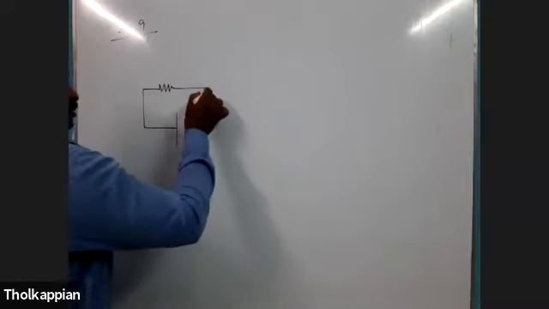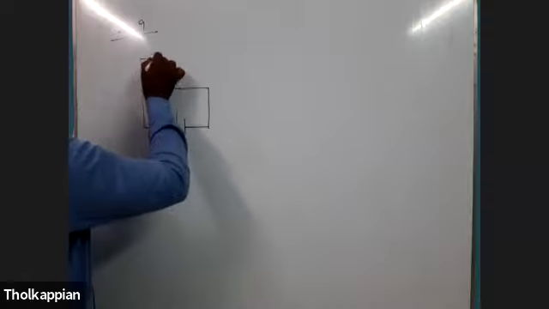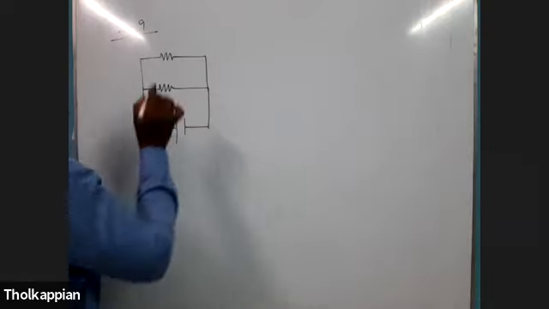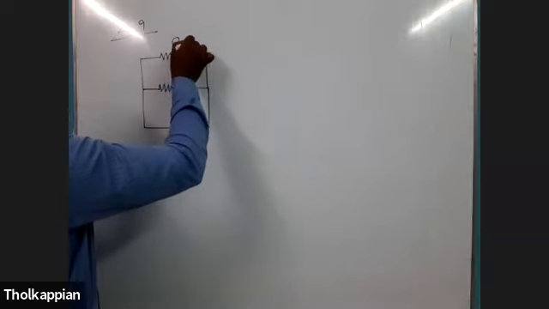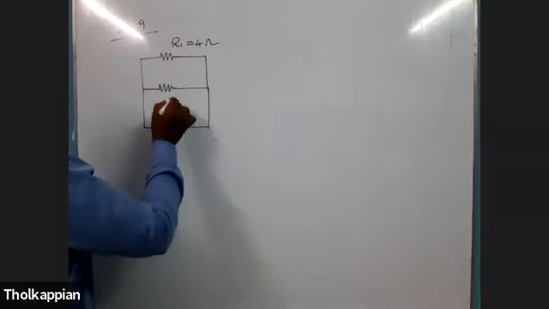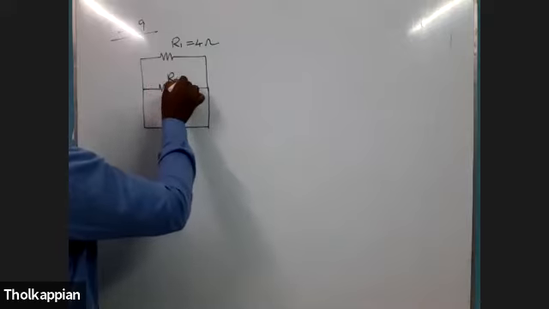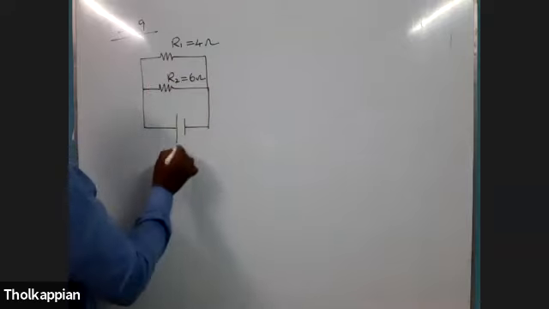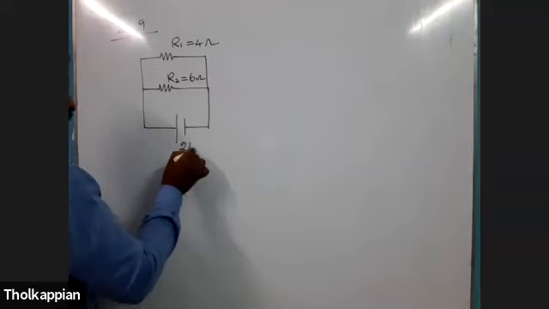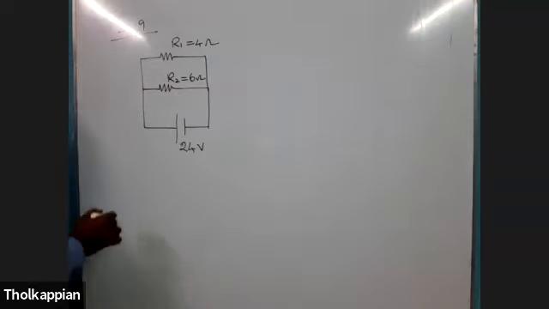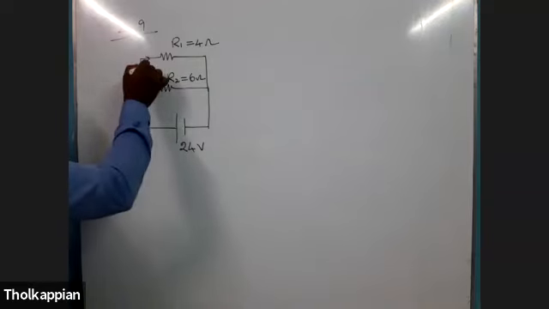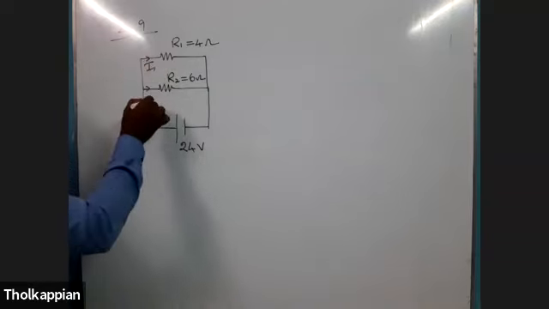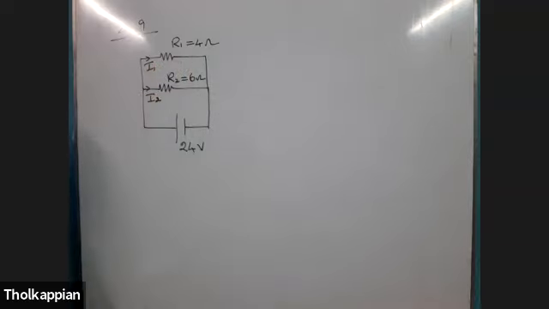This is one resistance and this is another resistance. Consider this resistance R1 is equal to 4 ohms, and this resistance R2 is equal to 6 ohms, and the potential of 24 volts is given. So if there is a junction, the current differs. Here you consider the current I1 passing here, and here the current as I2. Okay.